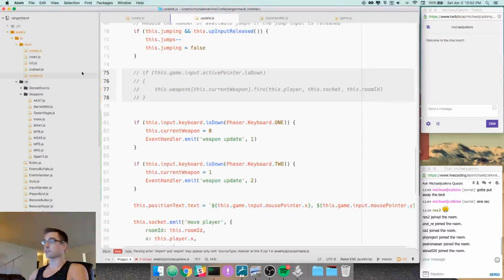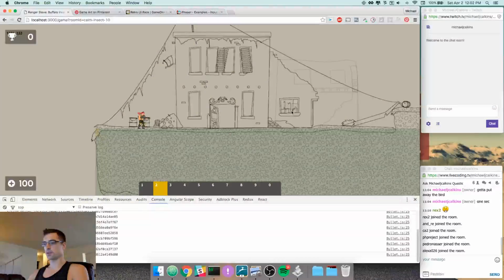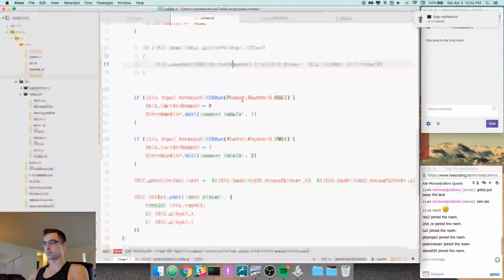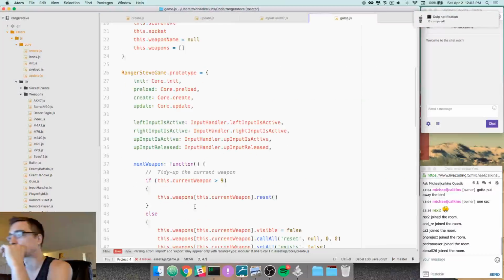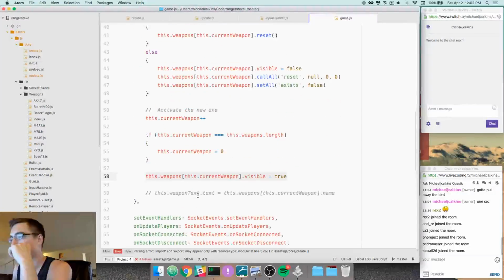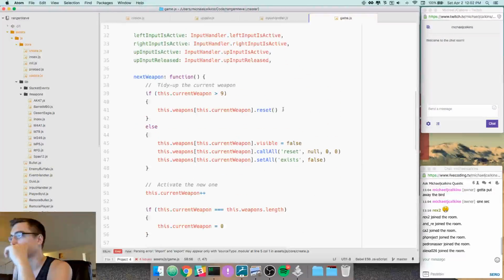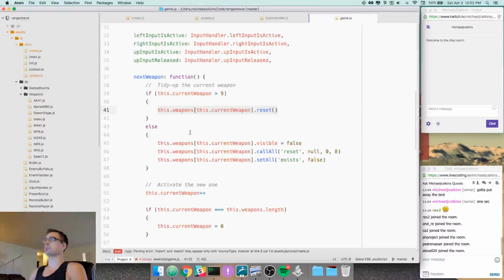I'm gonna disable this, and so what happens? Okay, whatever. I don't know what happens, but let's go to is down. So tidy up the current weapon. Call all reset. Set all exists false. If current weapon is greater than 9,